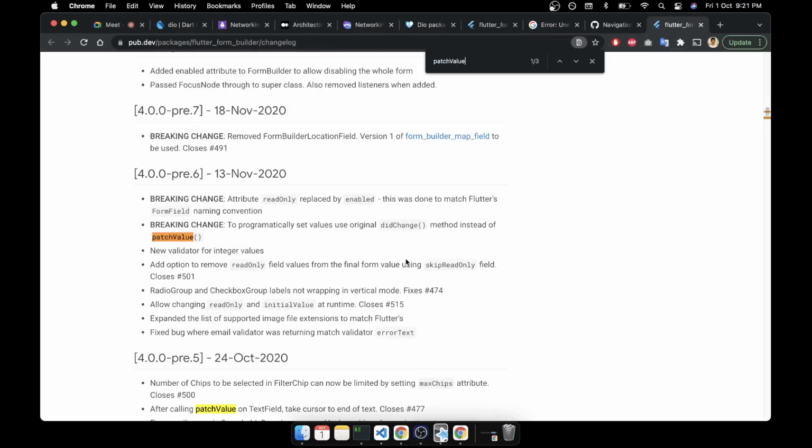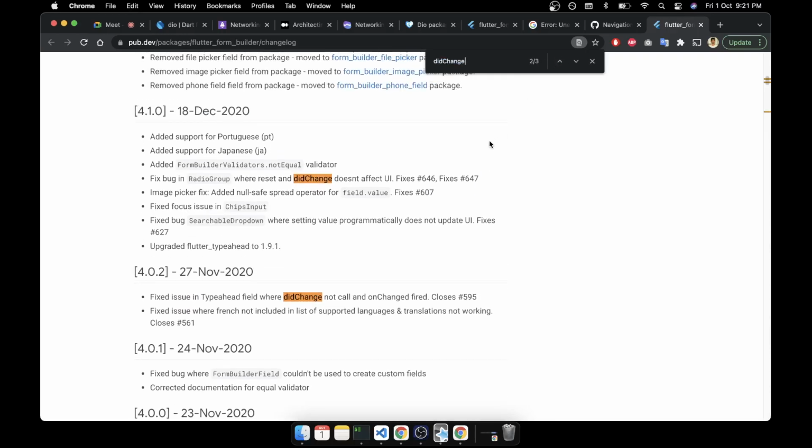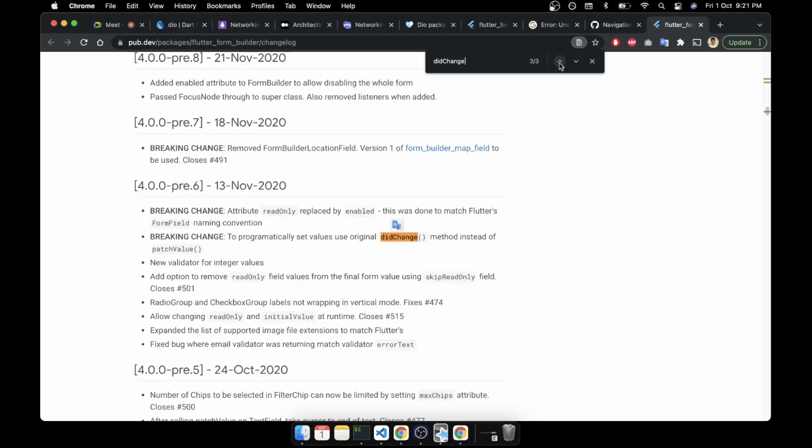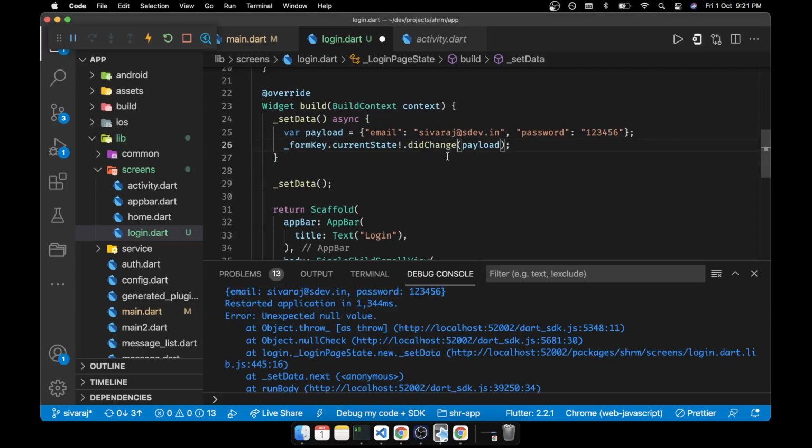To programmatically set the values, use the original did change method instead of patch value. Maybe we'll try to use did change.